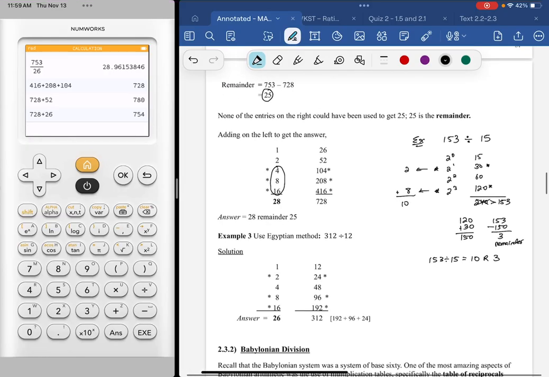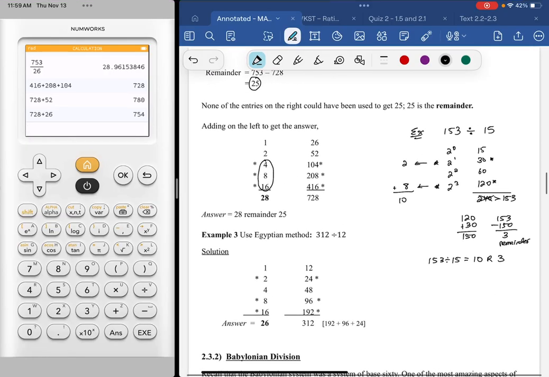So if you wanted to move on to the division portion of this section of exercises, you could. But I'm going to move on to Babylonian in the next